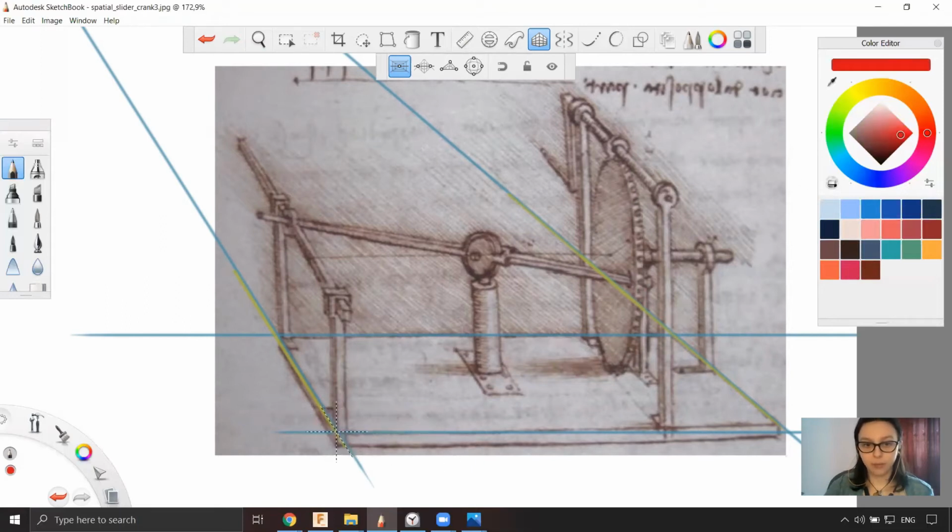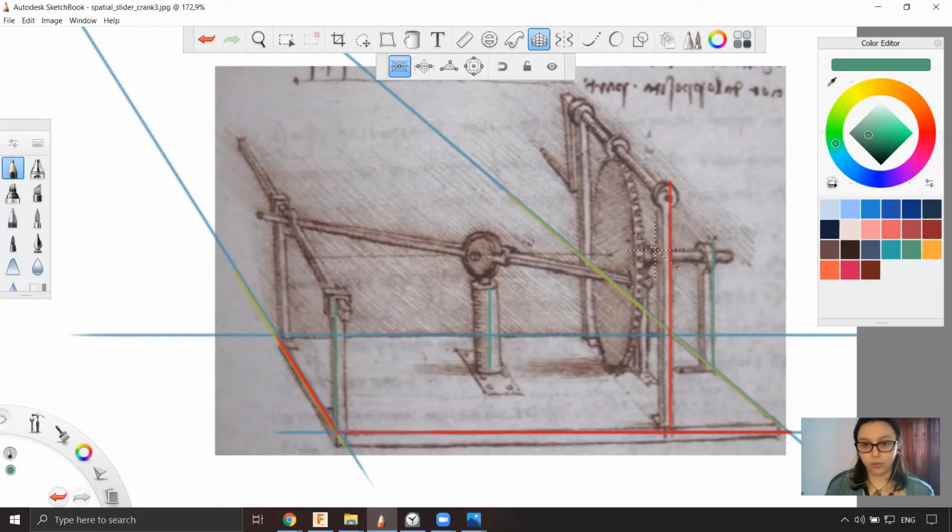So this side is known, this size is known, this size is known, and this size of the pole is known as well. Good. What I want to find out, and I will mark with green, is the size of this pole, this part of the holder, this pole as well,